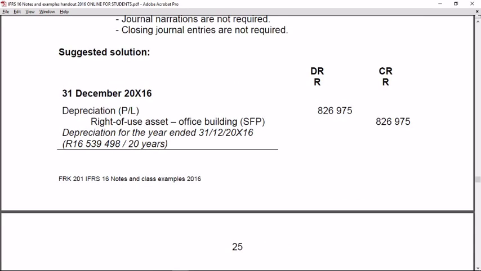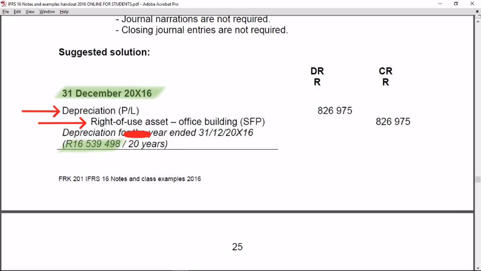Here is your suggested solution. The date of the journal, always important, is at the end of the year. We recognize depreciation for that year. The debit leg of this entry will be depreciation. But please note, this is different from what you've seen under IAS 16. Instead of having a credit to accumulated depreciation, we take the credit directly to the right of use asset office building account. The depreciation is then calculated by taking your cost, which is determined in terms of IFRS 16, and